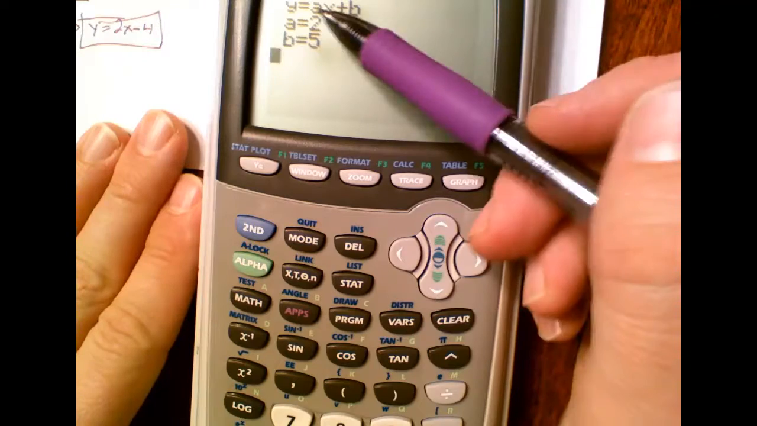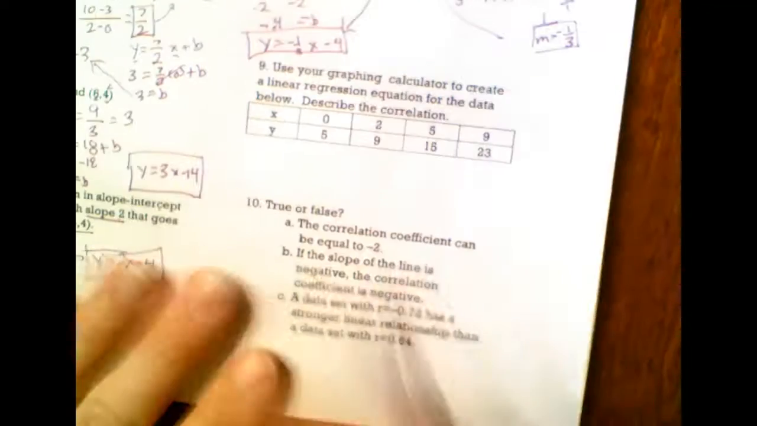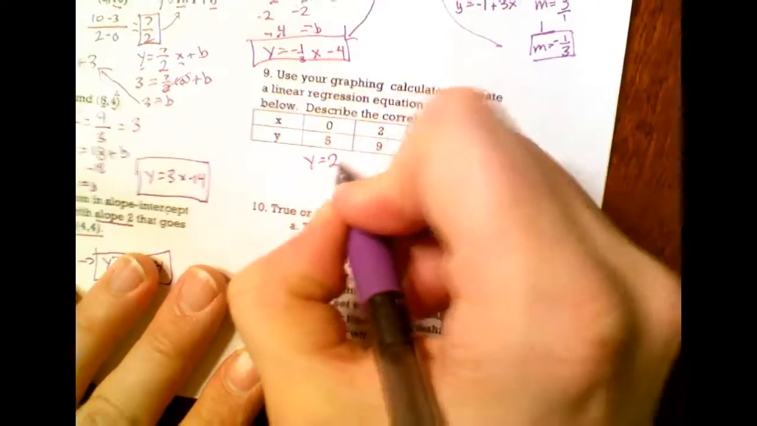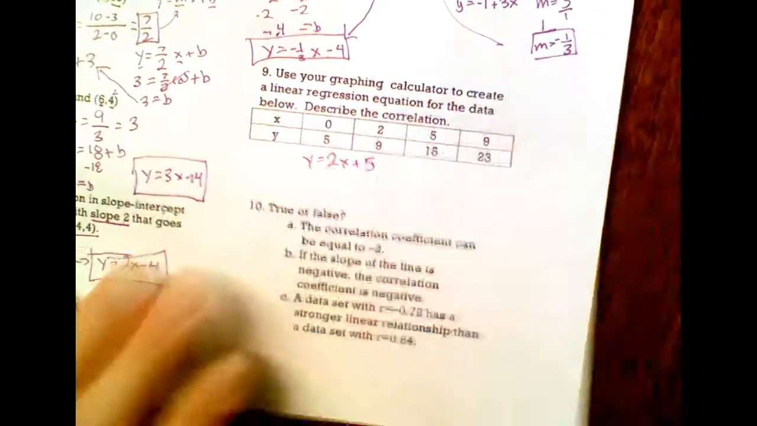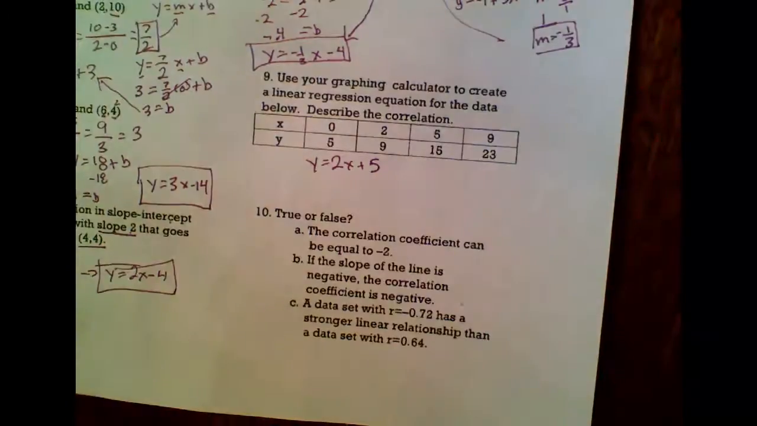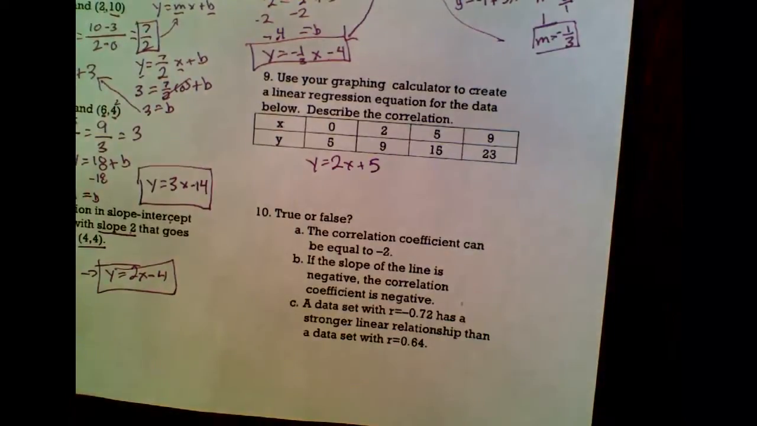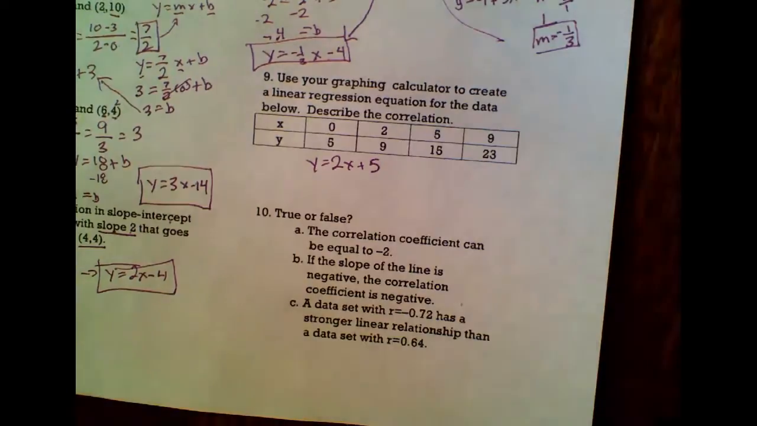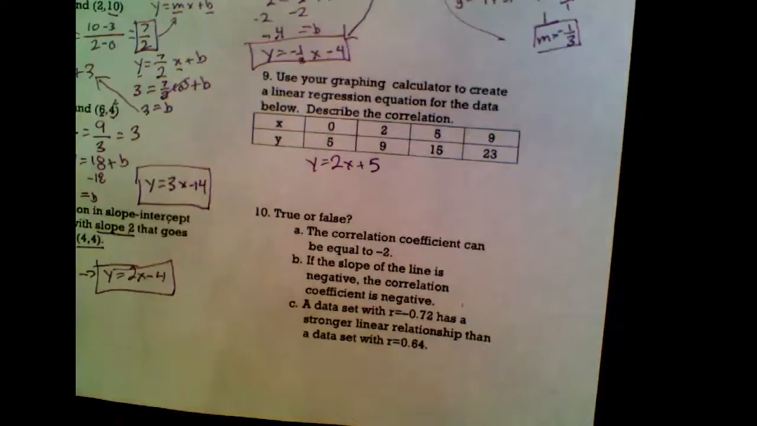You put y equals 2x plus 5. So y equals 2x plus 5. And so we got a positive correlation here going on that starts at 5 and it goes up at a rate of 2. That's kind of just a description of this correlation. Next, it asks